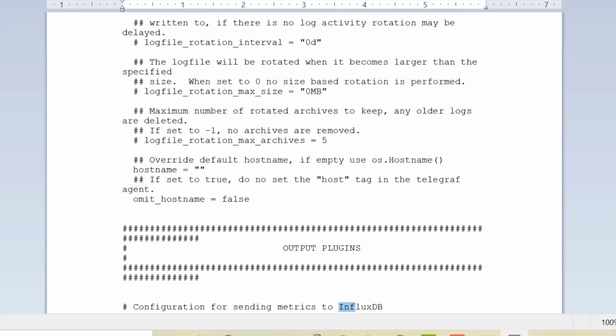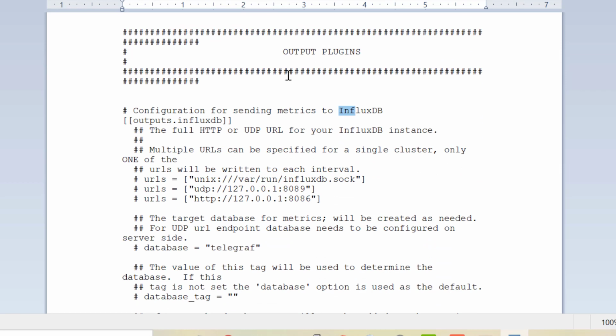and let's go to the output plugin section. The output plugin section talks about the sources where Telegraf can be configured to output its data, and by default it has configuration for sending metrics to InfluxDB, and that too on localhost. When it sends metrics to localhost InfluxDB, it creates a database named telegraf. These are default settings, and in case you want to change the name of the database or the instance of InfluxDB, you can go ahead and configure it over here.